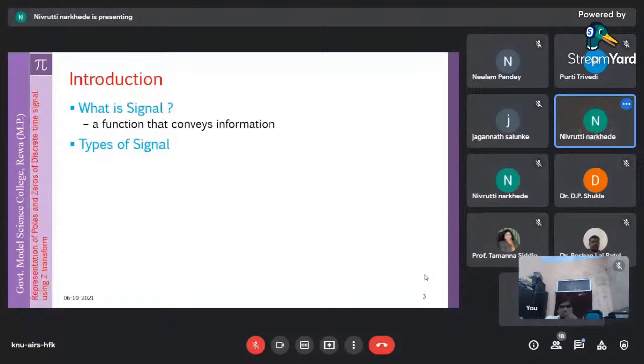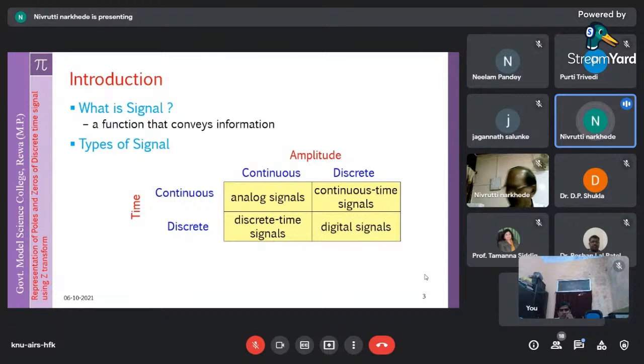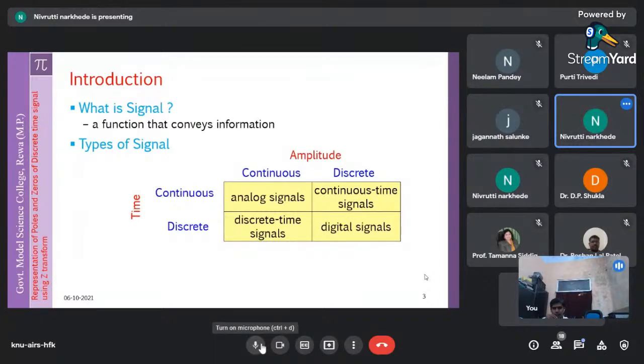Before we explore the use of this in the practical world, we need to provide some mathematical framework to this subject. So some types of signals are here. So let me know whether you observe the screen, madam, whether I am audible to all of you, whether the screen is okay.